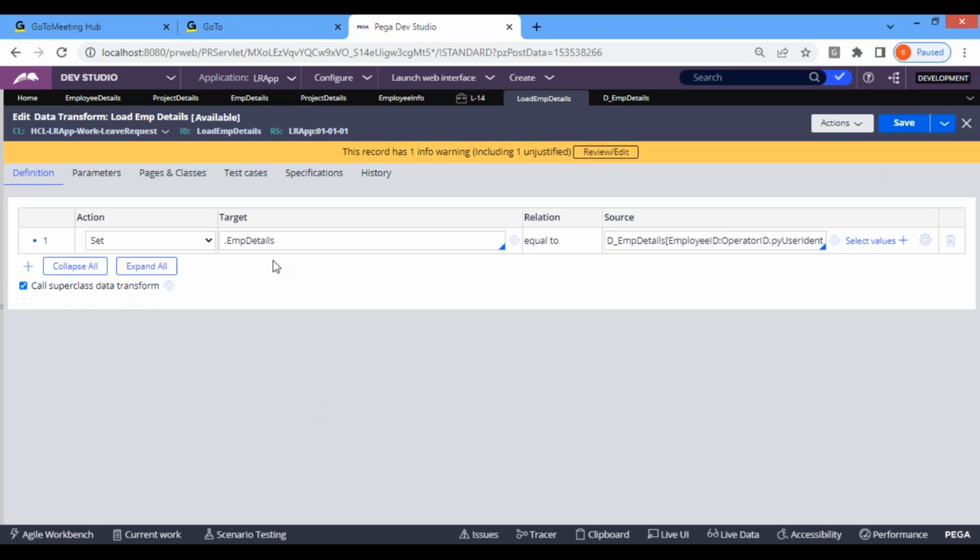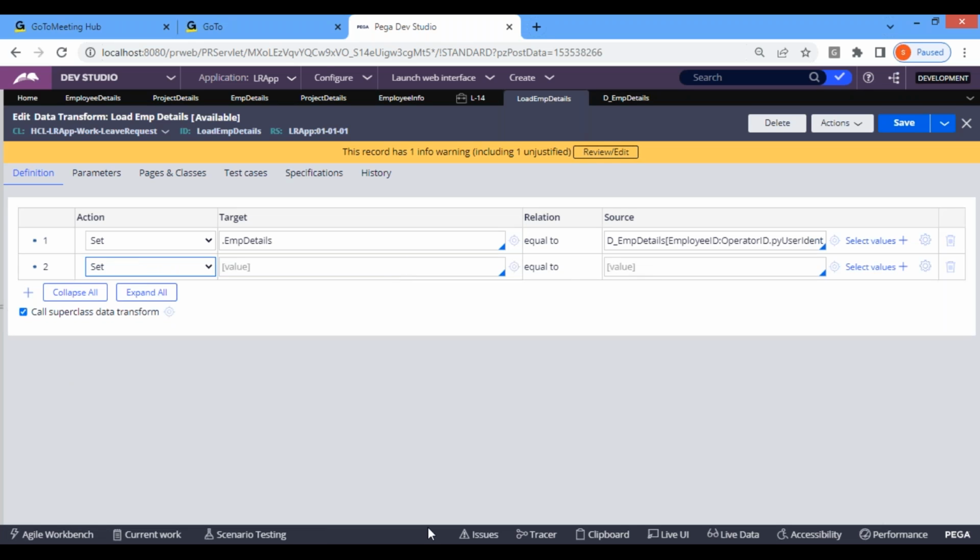Now we need to load the project details as well. If we look at this one, we have a project ID on the employee details. After executing this step, you will see the employee project ID on this page, and you pass that as a parameter to the project details data page. Okay, so